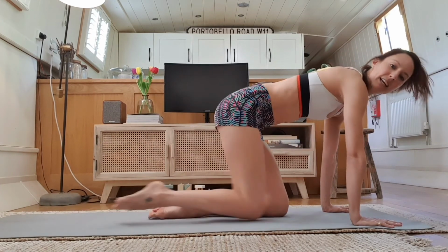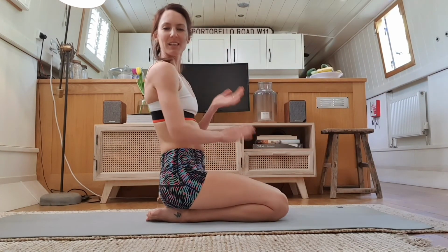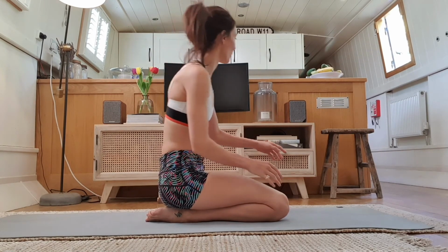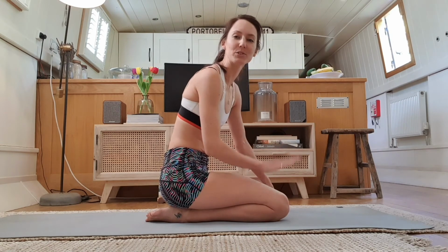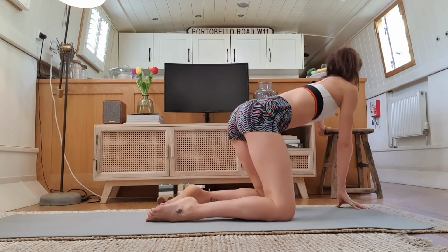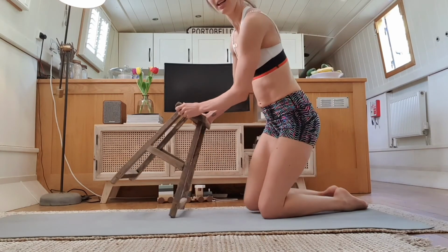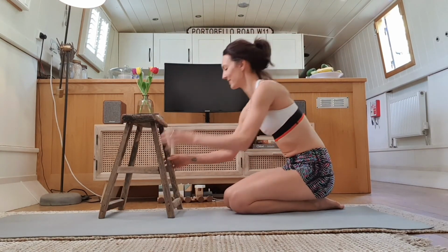Alright. Now I don't know if I said that was the last one. I was lying, it's not the last one. We have some tricep dips to do. So this is where you will need your sofa or chair. I have this little stool. Now, I might disappear in this exercise for a bit,